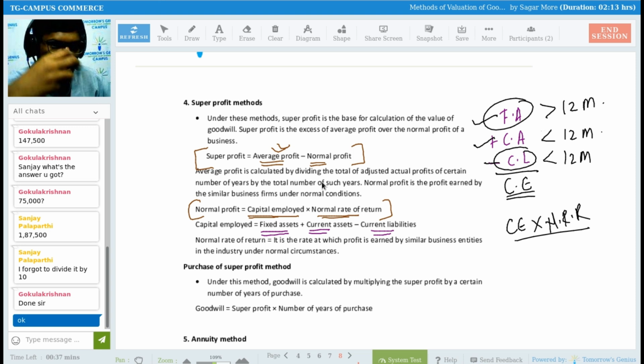Now, what is your expectation, Sanjay? How much profit are you going to get on this 5 lakh? How much is your expectation, Gokul? If you invested 5 lakh rupees into the business, how much profit do you have to earn over and above the 5 lakhs? But obviously you are thinking, sir, first of all I need to recover my 5 lakhs, no? Yes, that is correct. So over and above that, how much profit are you expecting?